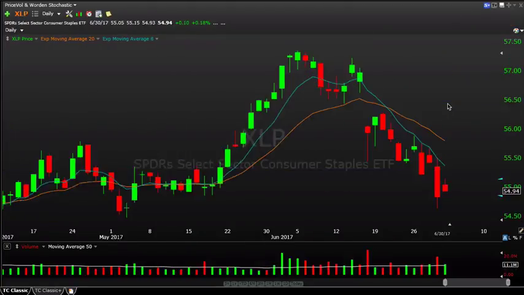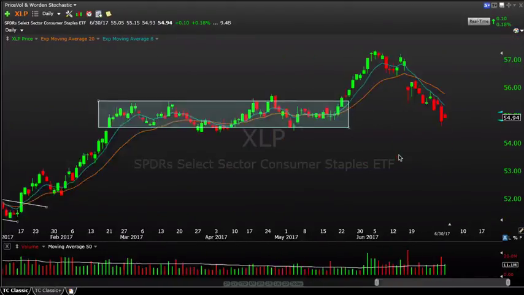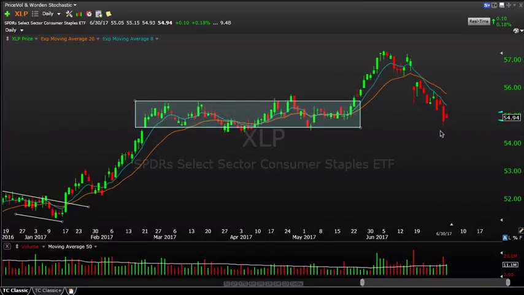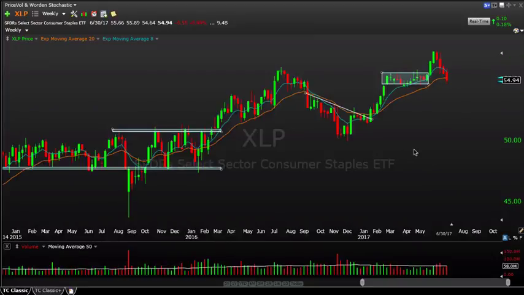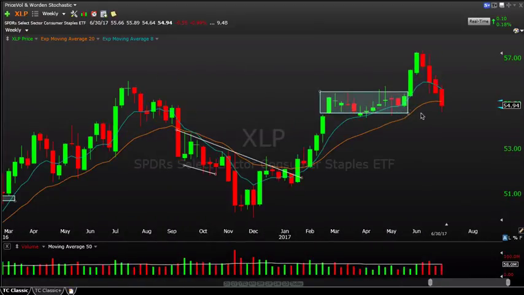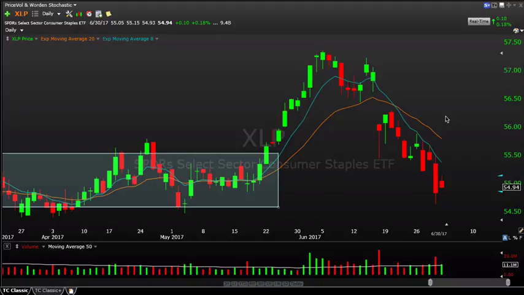And then finally, XLP on the downside, again, coming back into this old range here, getting close to really challenging the support here from multiple weeks, really multiple months. So this is a pretty important spot here. Now, this is a weekly chart, weekly view. We've seen 4 weeks of selling. Be a reasonable spot to see some bid come in here and maybe get a bounce. But again, you'd want to drill down, get that confirmation, do what you need to do based on your strategy, so on and so forth.